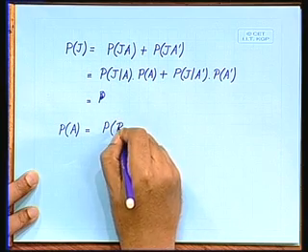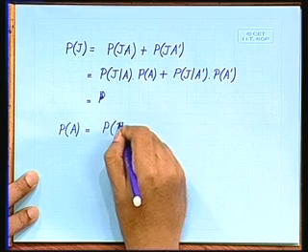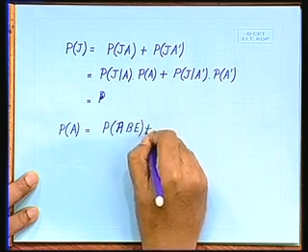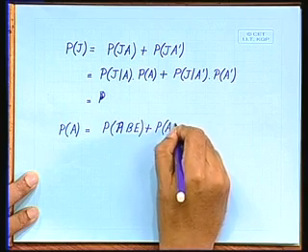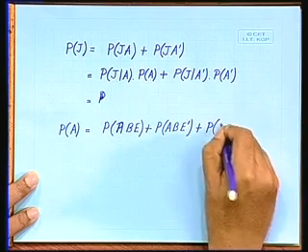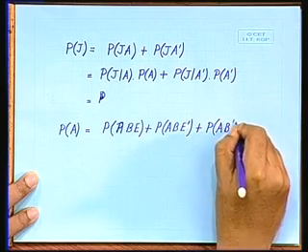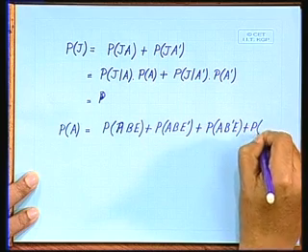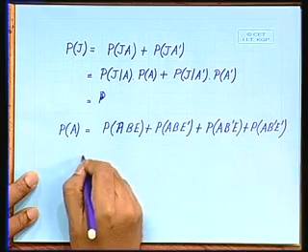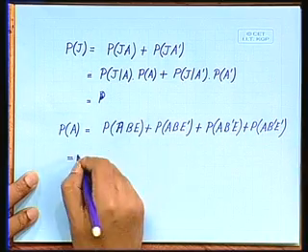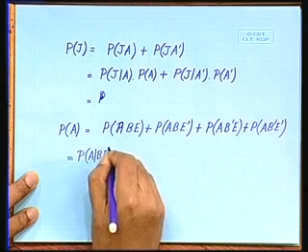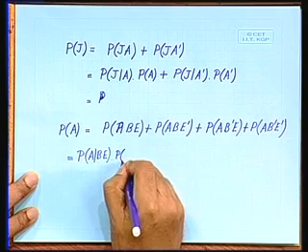So, we break it up into P(A,B,E) plus P(A,B,E'), plus P(A,B',E) plus P(A,B',E'), right, and then we can break up each of these as P(A|B,E) times P(B,E),